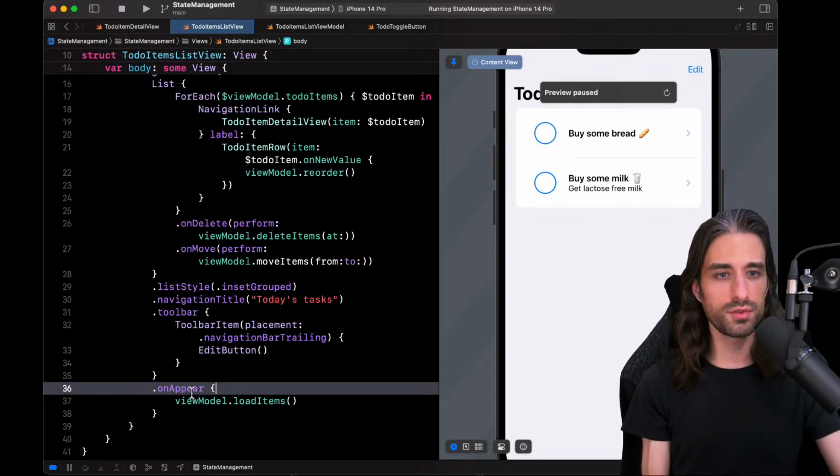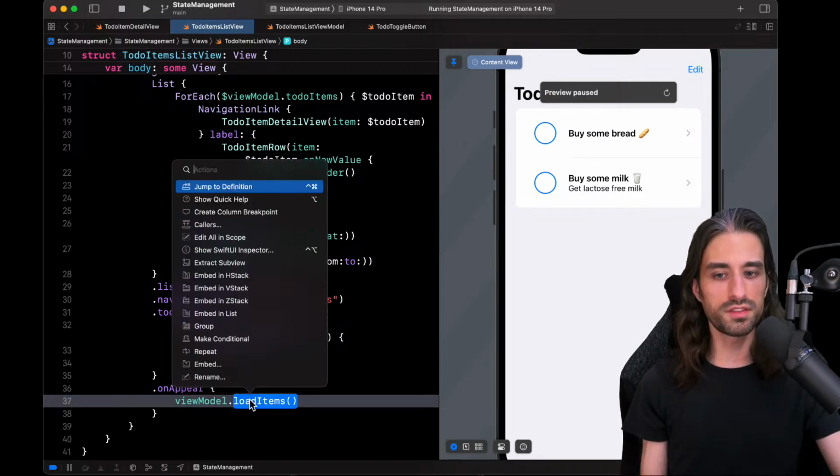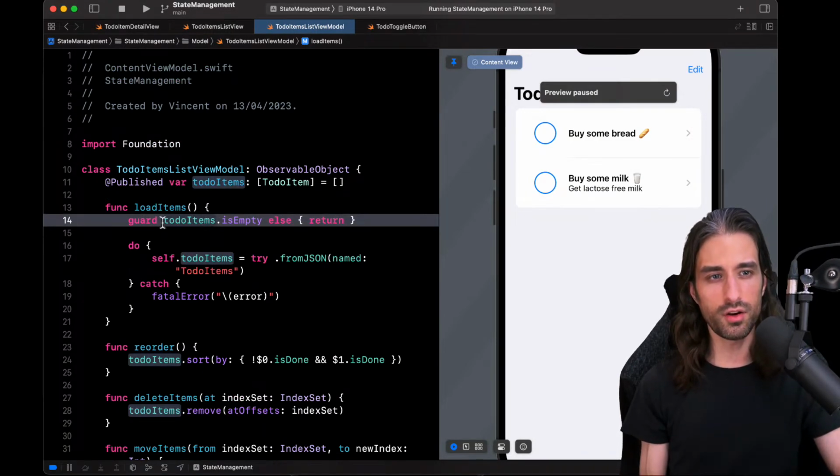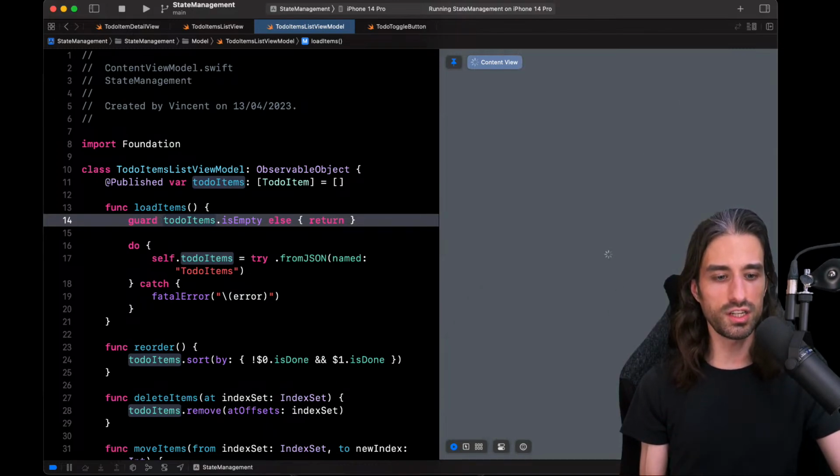And so if you are using onAppear to load some data, you need to deal with that potential case that onAppear could be, and will probably be, called more than once. And so here the way I had dealt with it was by saying that I want to only load items locally if the array is empty. If the array isn't empty, I assume that data is already there, that the user has been interacting with, and so I don't want to overwrite these changes.